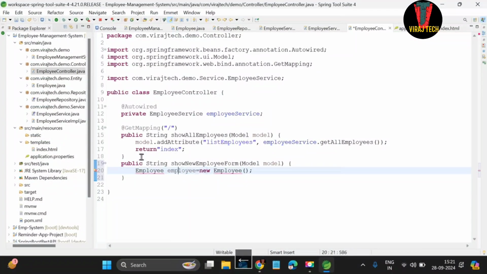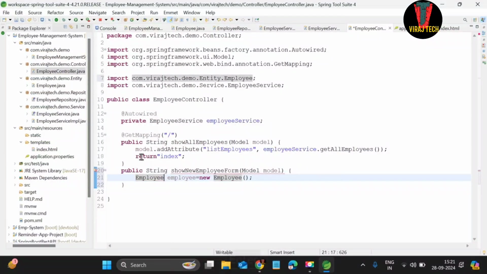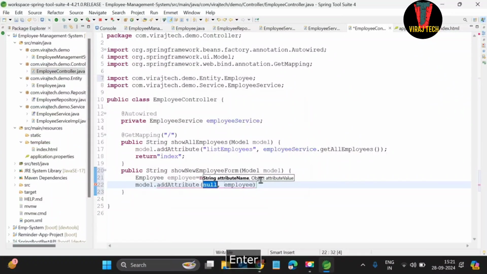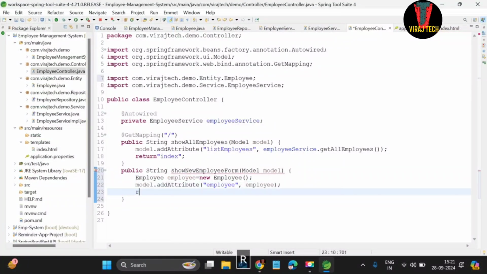Need to import this Employee inside this controller, and now use our model.addAttribute key value pair, double quotes inside that employee and employee, and at last semicolon. Return, double quotes, semicolon, inside that add